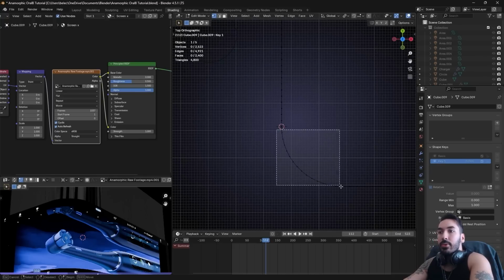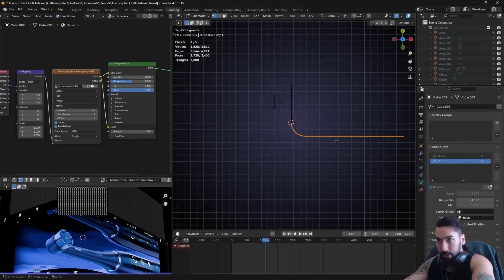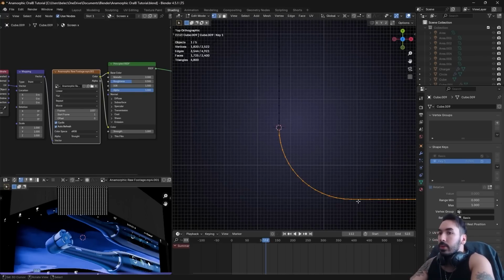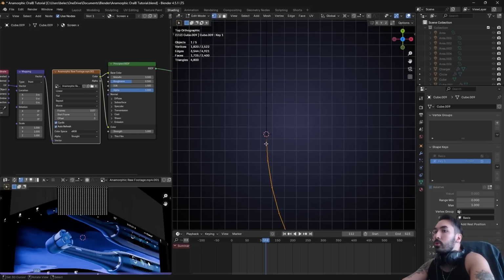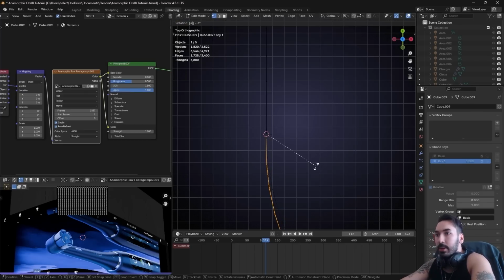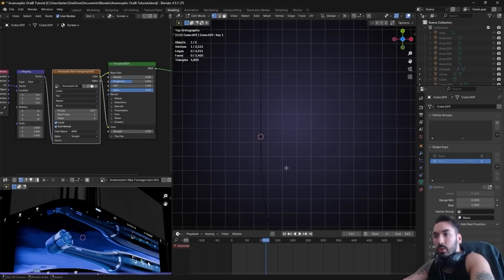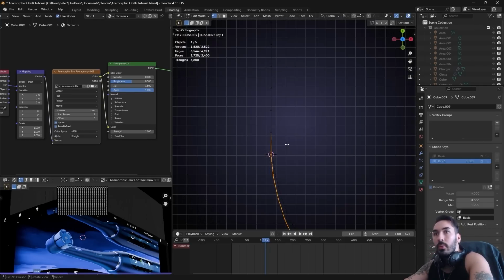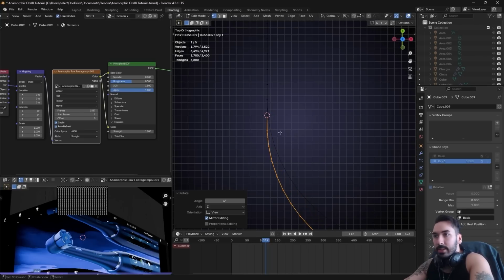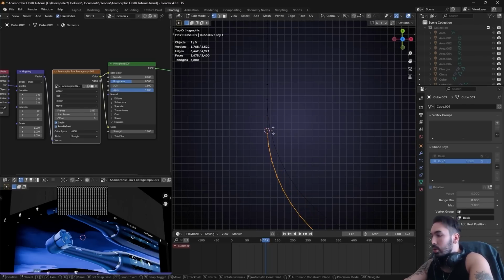then you're going to select everything below that vertex, so everything over here. And you remember how we had exactly 15 segments on this bevel? That means 90 degrees divided by 15 is going to be 6 degrees per segment. Now the first one is only half of that because this part over here is a straight line, so we just have to rotate this by 3 degrees. Then we place our 3D cursor onto the next vertex, then we undo to reselect everything, and in wireframe view we're going to deselect this part where we got the 3D cursor. Now you rotate by 6 degrees, and then you just keep doing that until you got a flat surface out